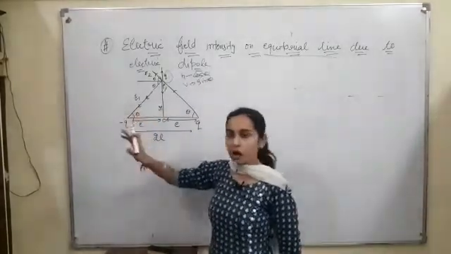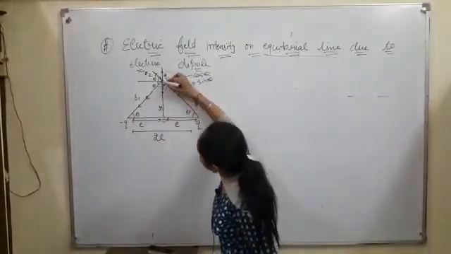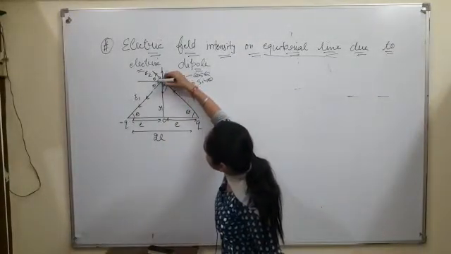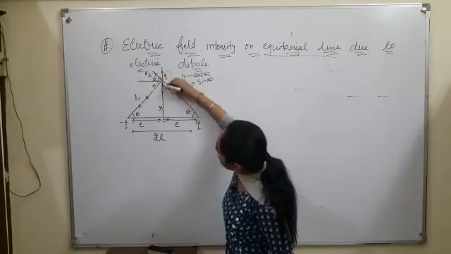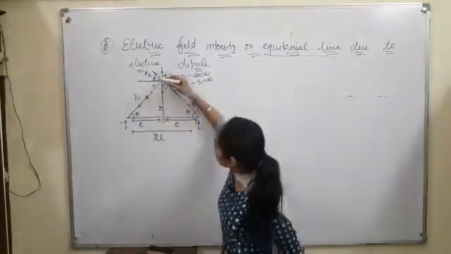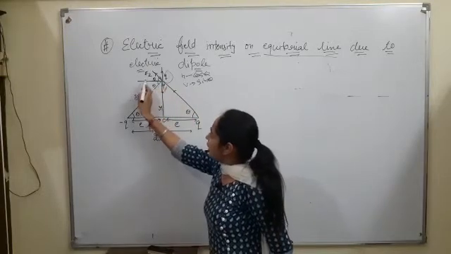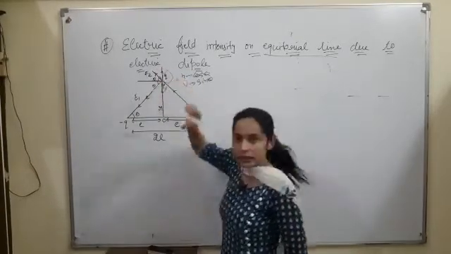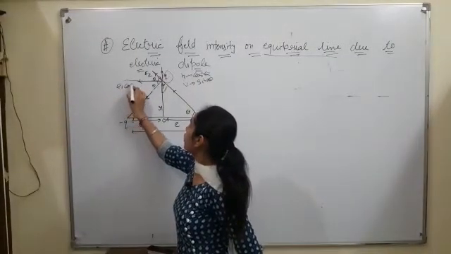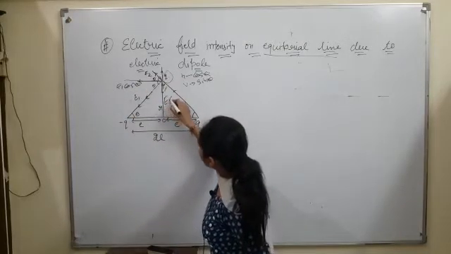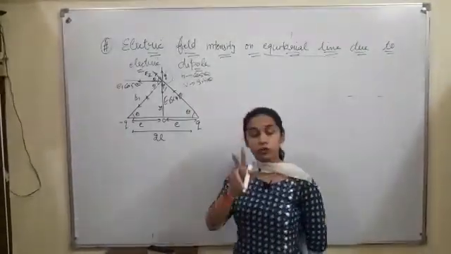So firstly we will talk about E1. For E1 I have two components. The horizontal component will lie in that direction, and that will be my vertical component. See this again, this is my electric field E1, its horizontal component will lie in that direction and its vertical component will lie downward. So I can write here E1 cos theta and here E1 sin theta. This is for E1.